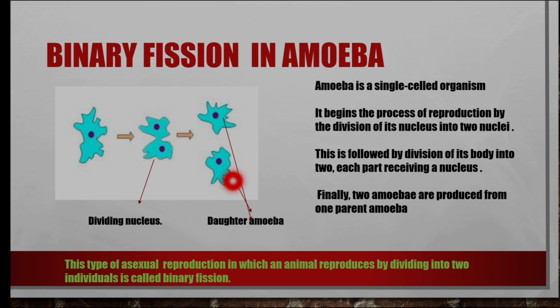Simple. What is asexual reproduction? No gametes are involved. That is called asexual reproduction. This type of asexual reproduction, in which an animal reproduces by dividing into two individuals, is called binary fission. What is binary fission? The parent nucleus divides into two nuclei. The two nuclei spread like this and two daughter cells are formed. And no gametes here. Next,